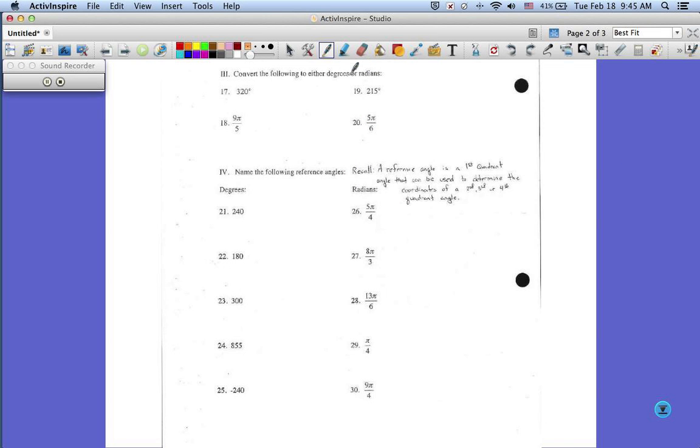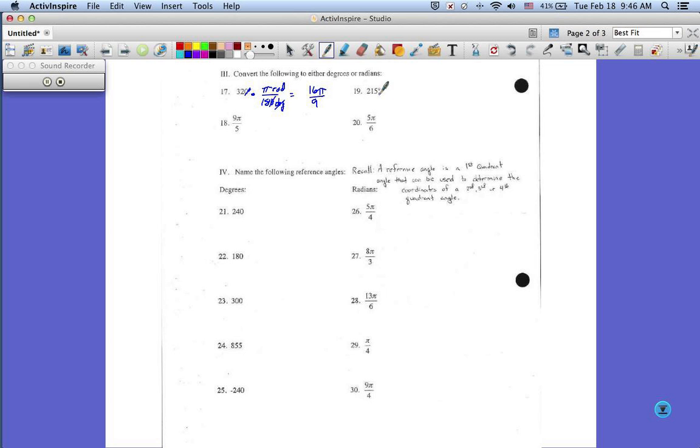Convert from either degrees to radians. This one is in degrees, so we'll convert it to radians. So I have pi radians, factor label here, and pi radians and 180 degrees are a fancy form of 1. Degrees cross out. I can cross the zeros out, and 32 over 18 reduces to 16 over 9, 16 pi